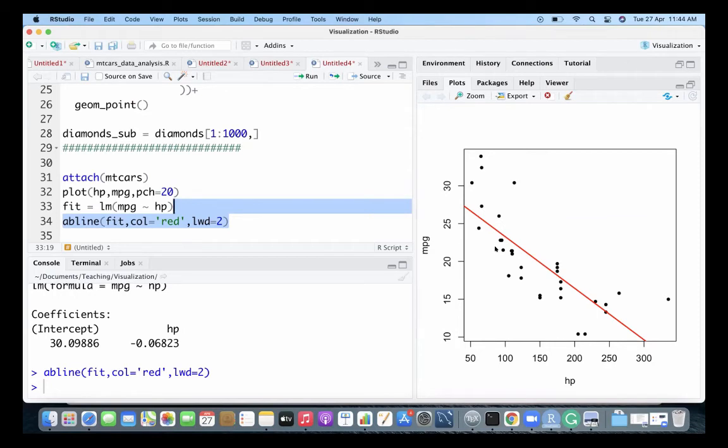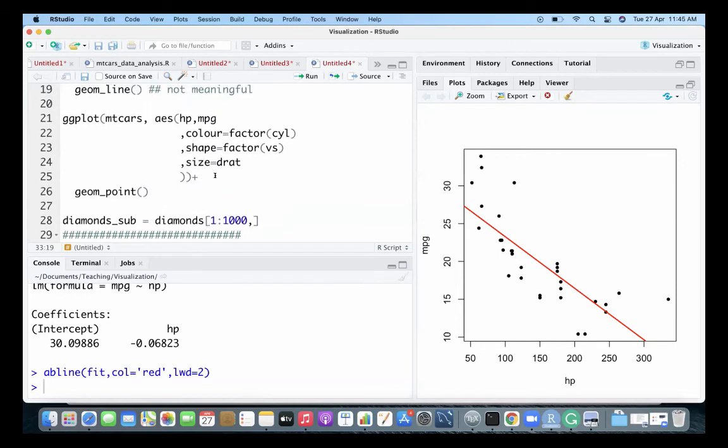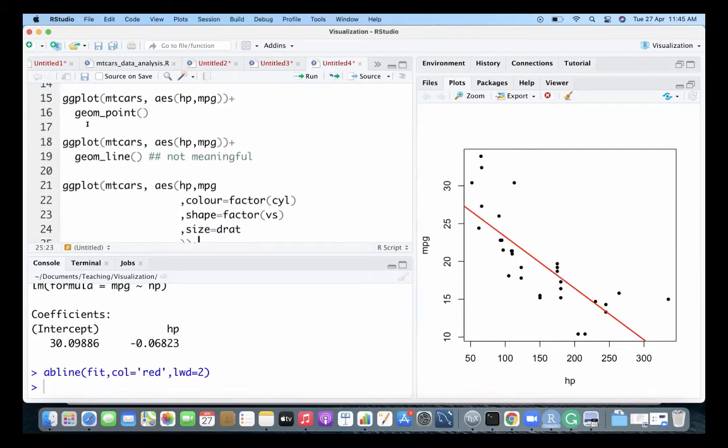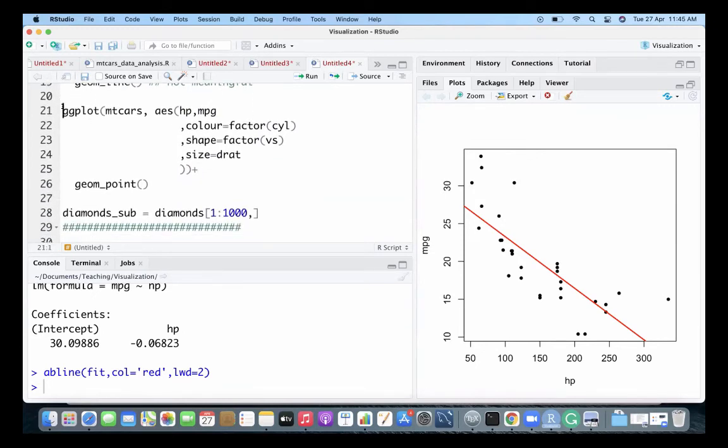Now, instead of a straight line, it can fit some nonlinear function also. Smooth is doing exactly that thing. It's fitting a nonlinear curve on those points. It is not plotting the points. So if I run this thing, let me just run it.